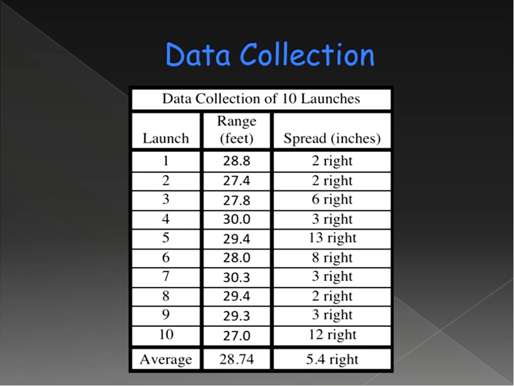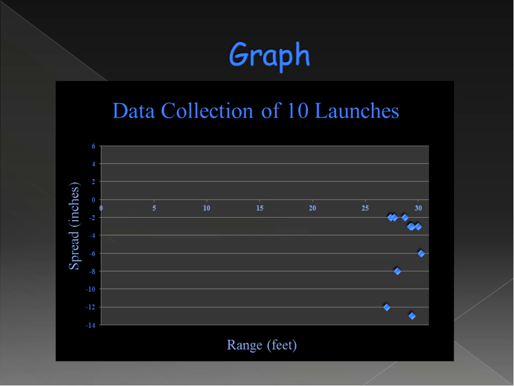We would gather first the launch of the device, then the range in feet, so basically how far it actually went, and then the spread, meaning how far it went from the center. So if we shot it straight, but it moved a little bit to the right, then we would write down how many inches it moved. So this is just a graph of the project that my group did. As you can see,